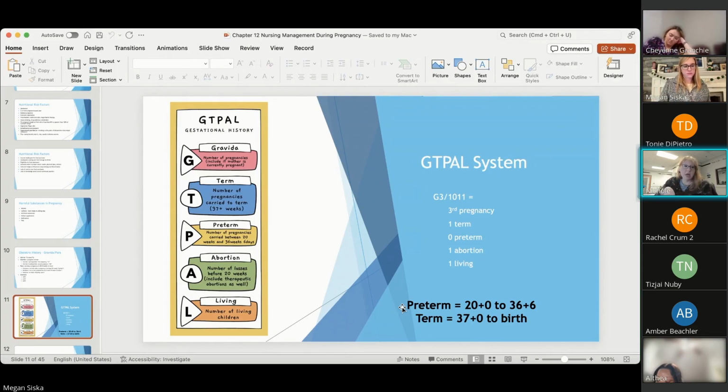If you're looking at your GTPAL and you ask, have you had any abortions? So think about this. We want to be culturally and ethically sensitive. So we know, as Ms. Siska said, medically speaking, yes, they are abortions. However, they are miscarriages. So being sensitive to the topic,